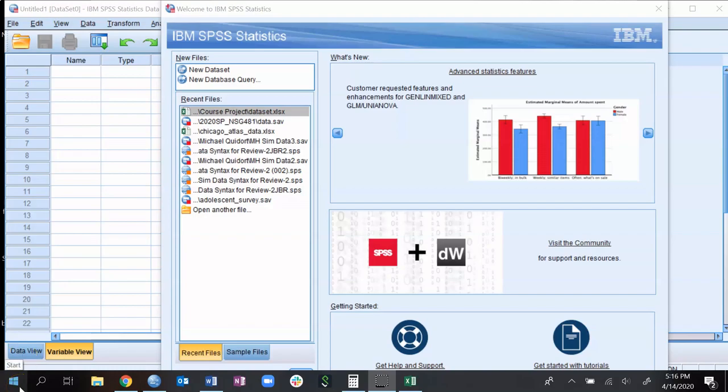Hi, welcome back. This is a screencast on how to import data from Excel into SPSS, as well as how to create new measures and conduct scatterplots, all of which are required for the first mini project of the quarter. So I have SPSS initiated here,